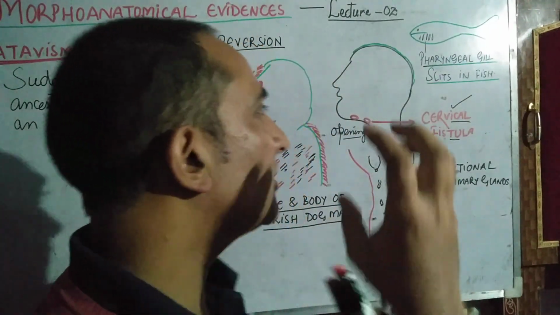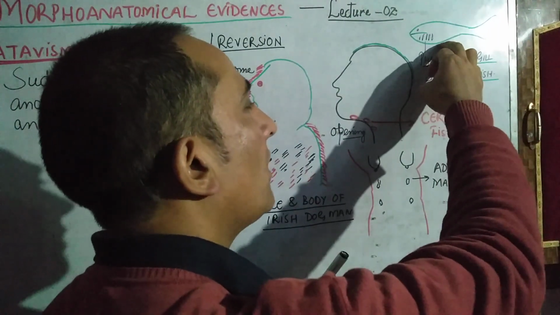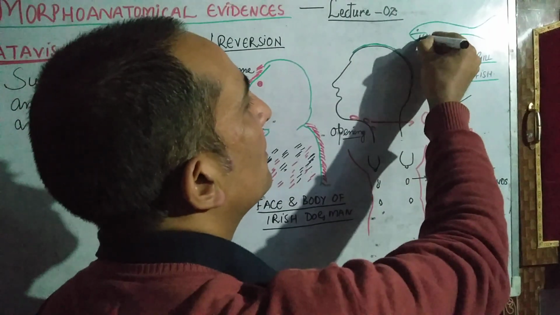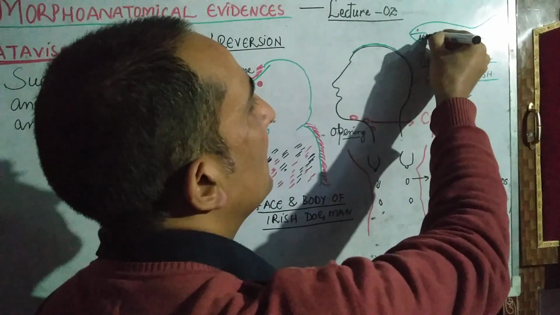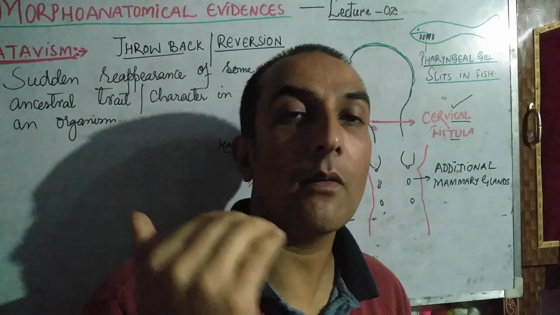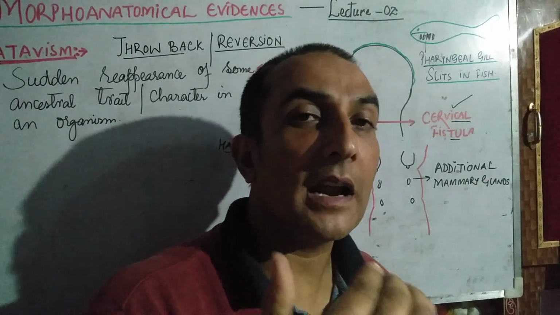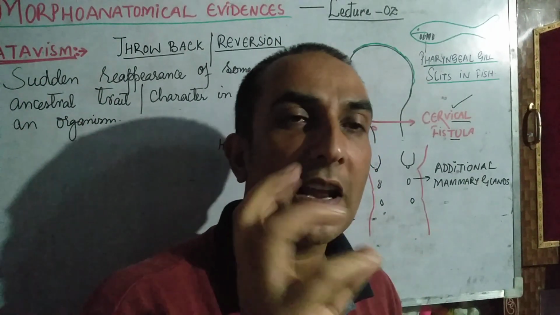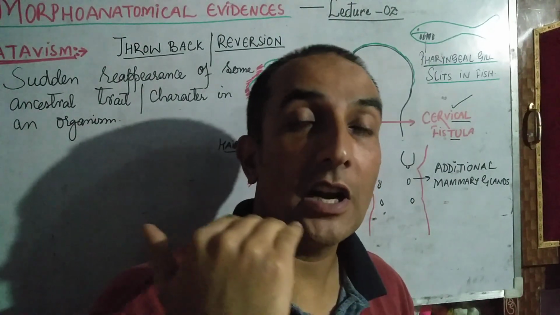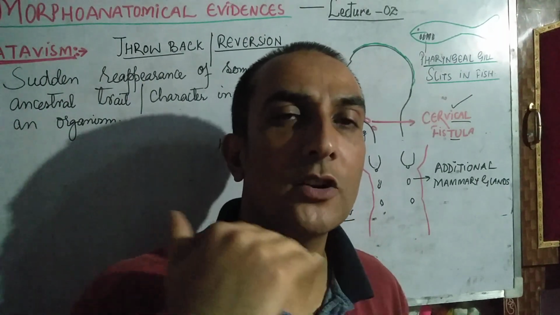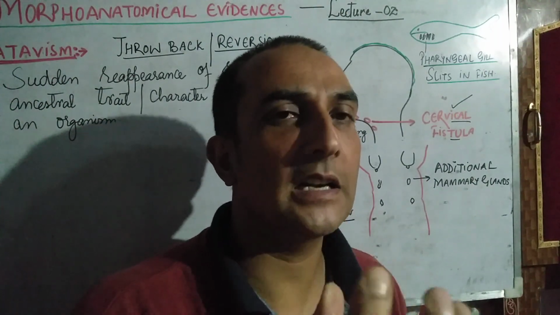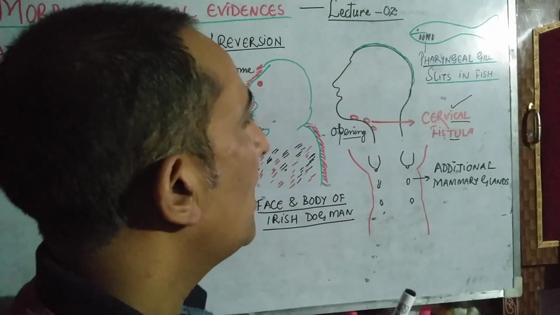Basically, this diagram which I have drawn over here is of a fish, and in fish you see there are these openings, which we call pharyngeal gill slits. Basically, all the terrestrial animals have evolved from aquatic animals, and in aquatic animals, mostly fishes, there are pharyngeal gill slits. These are small openings in their neck region, and terrestrial animals have developed from aquatic animals, but during the evolutionary course they have lost these openings, which we call pharyngeal gill slits.